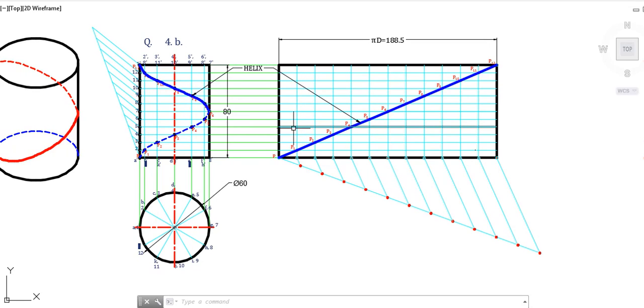I hope this is clear to you, that this is the major portion which we have to do. Now if the time constraint is there, we have to reduce the number of divisions, and it can be 8 also, and in that case the division of all the parts will be 8. In that case here also it will be 8, but the nature of the curve and path of the curve will remain the same.